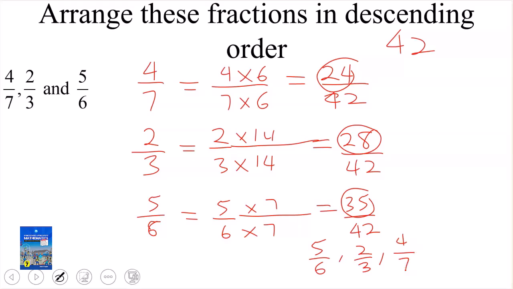Great. Right. Let's do the last example. Arrange these fractions in descending order. Again, in descending order. So again, we have 5 on 9, 7 on 12, and 2 thirds. Right. So what will be the LCM for 9, 12, and 3? If you go by the method that we've learned already, you are going to have 36